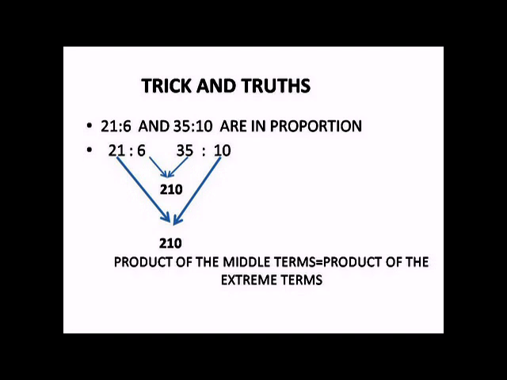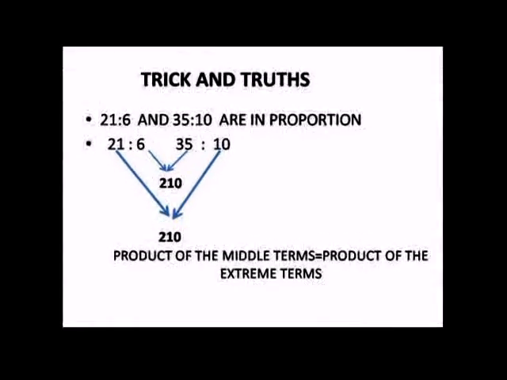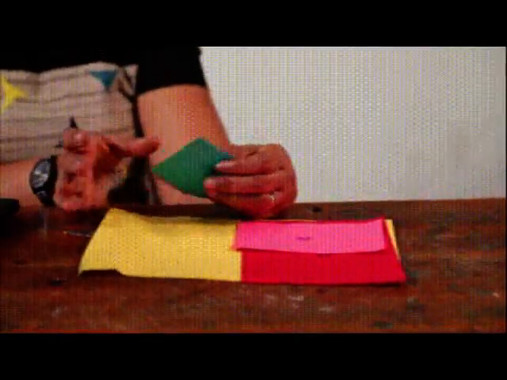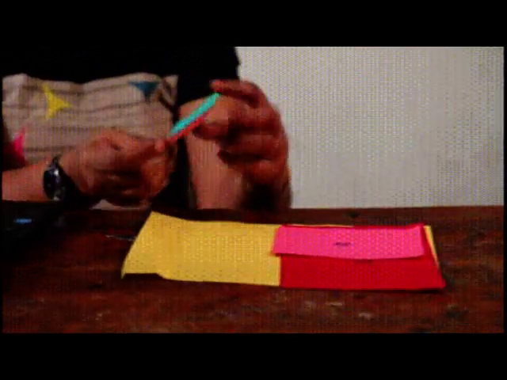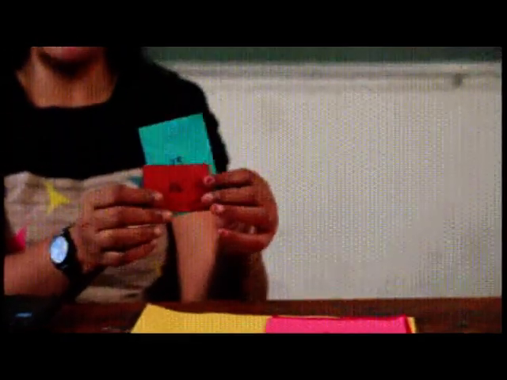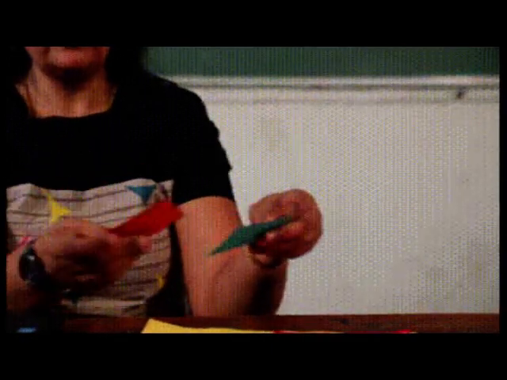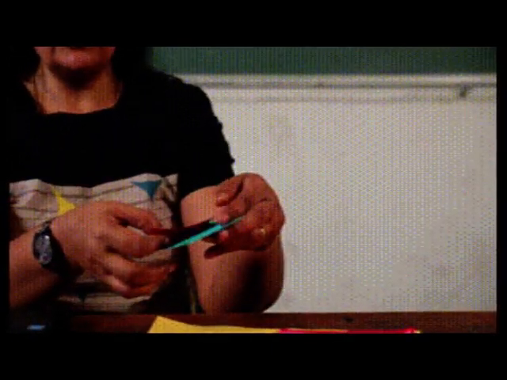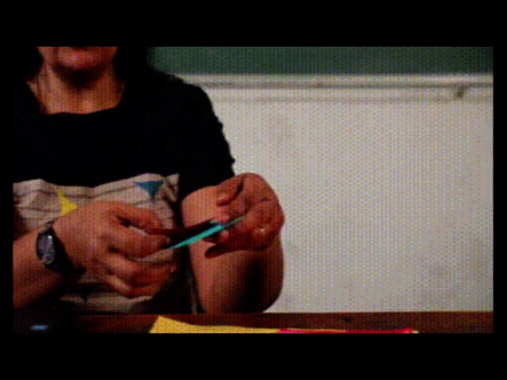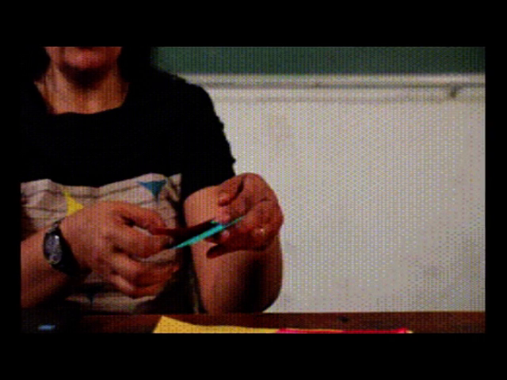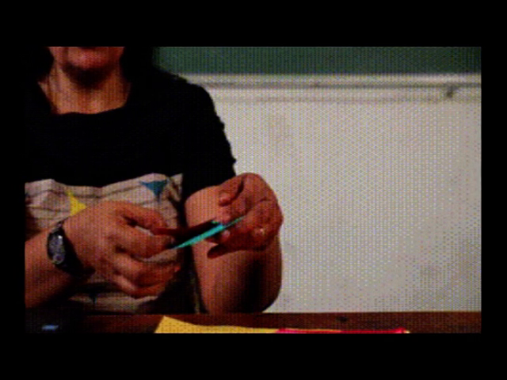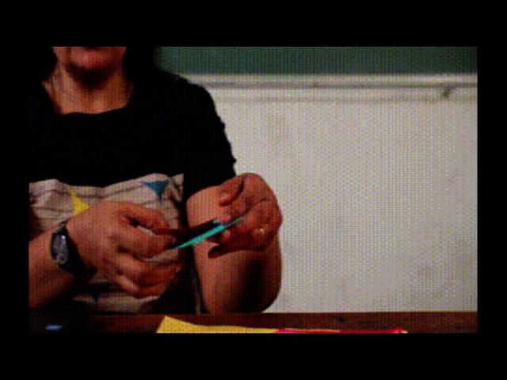So this is a small activity I want to do, on how ratios and proportion play a role in our daily life. We are using A4 sheet paper for different purposes. This is an activity using A4 sheet paper. If you join two A4 sheets of paper, we get an A3 sheet. This is a small sketch of the A4 sheet. So I am keeping two A4 sheets together, and you get an A3 sheet. Then I keep the A3 sheet here, and with one more A3 sheet, we get an A2 sheet.